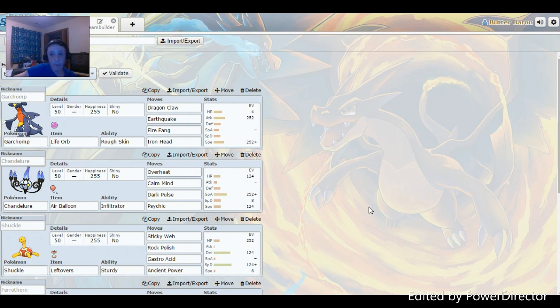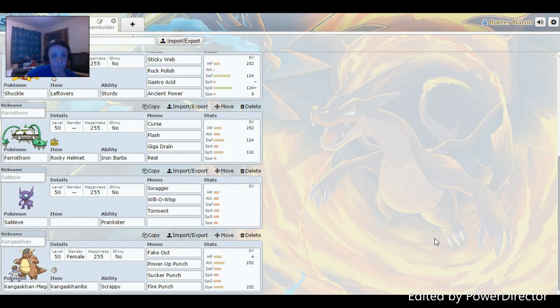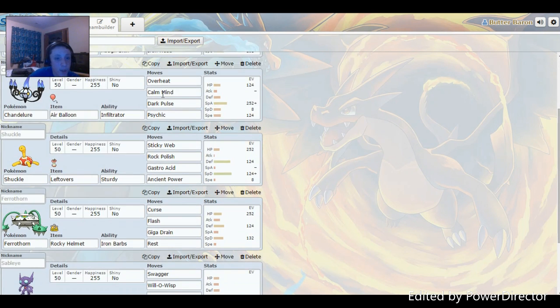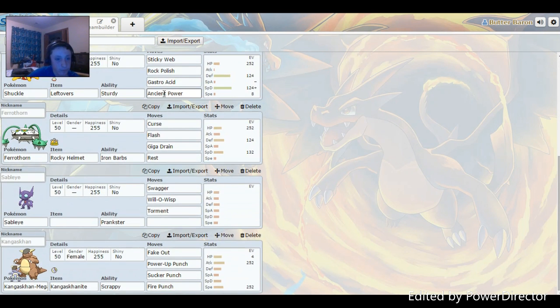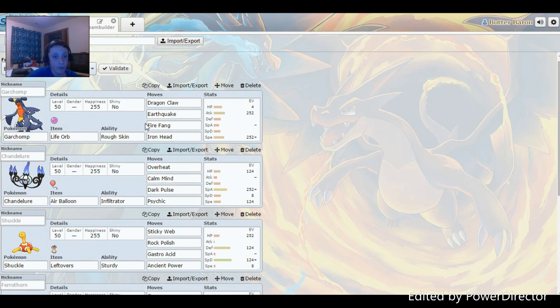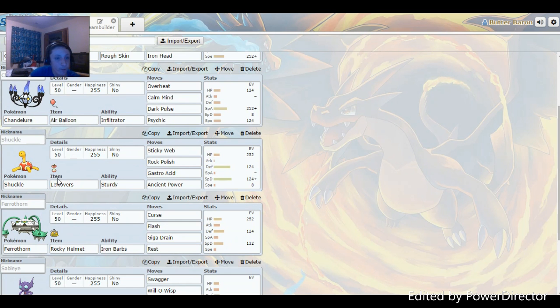That is the basics of how you build a team. Of course, there are a couple of other things that you want to do before you go and battle with it. First of all, you're going to want to check for weaknesses. So this is Ice, the main weakness. There's some Water here. I believe Shuckle is a bit weak to Water, but since it's so tanky, I don't think it matters. Fire,